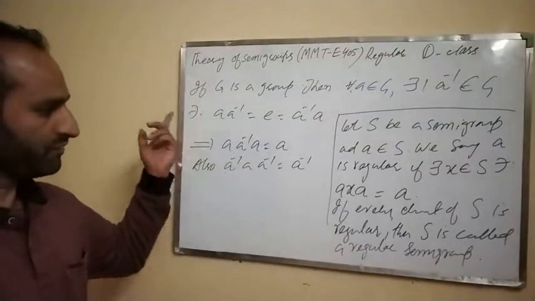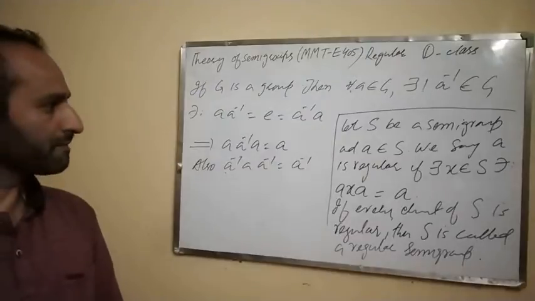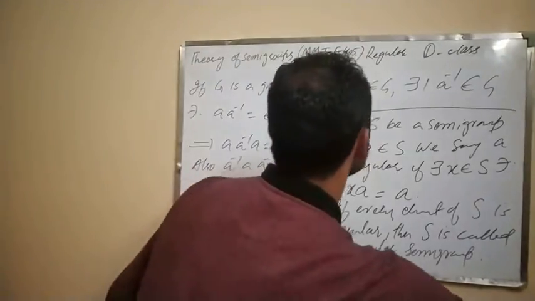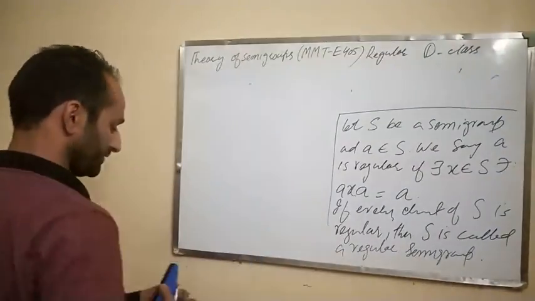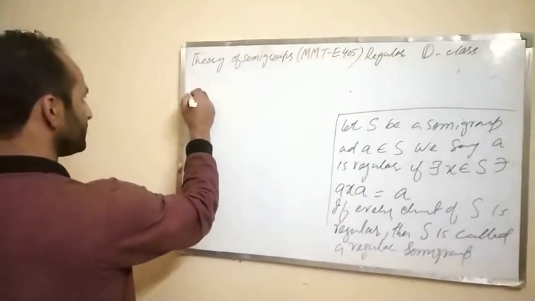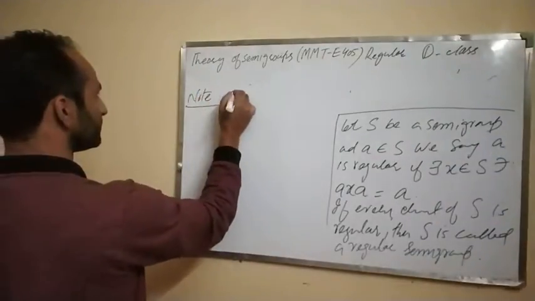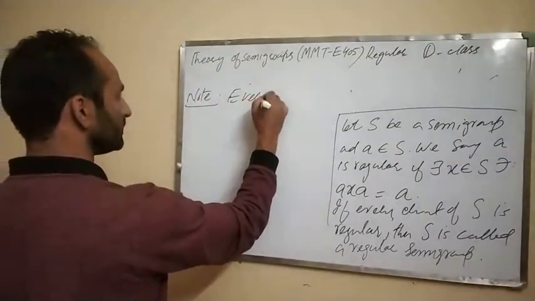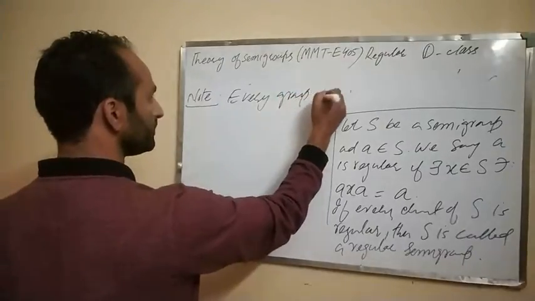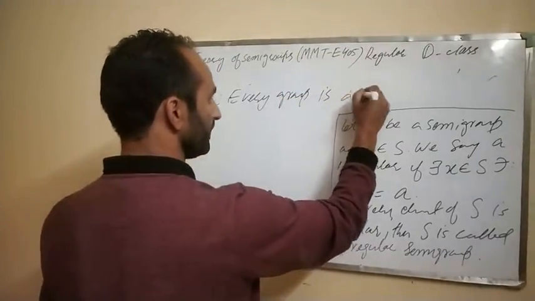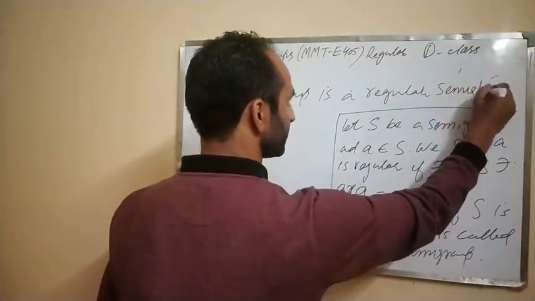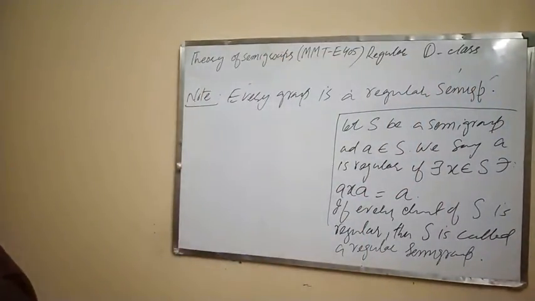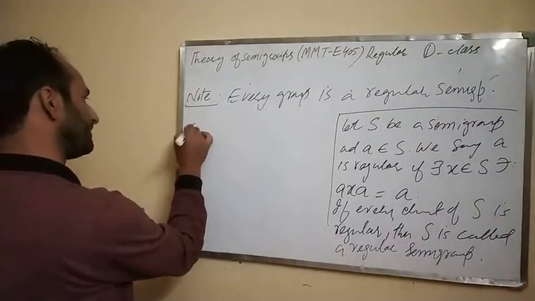Therefore, every group is a regular semigroup. So that's the note here. But conversely it is not true; there are regular semigroups which are not groups, as we have an example,